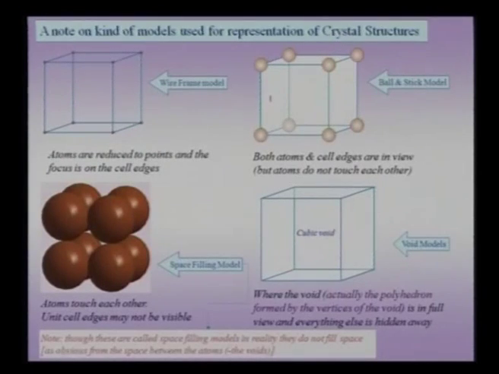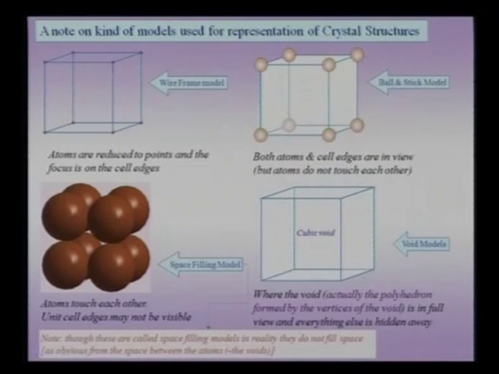Now I was talking about the models, and let us see what kind of models we typically use to represent crystal structures, because often in 3 dimensions it is very difficult to visualize crystal structures, and therefore we need to use multiple kinds of models to understand them. For instance, there are 4 kinds of models which are commonly used. The one on the top left is called the wireframe model. In the wireframe model, you have